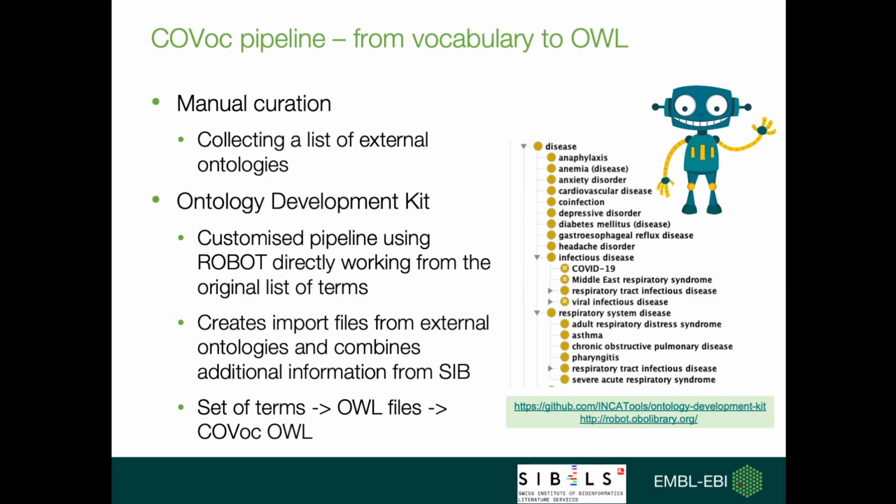The pipeline downloads the initial set of terms from designated links, extracts the needed terms into individual import files from each source ontology, and then merges this with our core COVoc file in order to maintain important information for our collaborators, such as the internal IDs that they use and any additional synonyms that are of use. This is also alongside novel terms created in the COVoc namespace. This allows for our collaborators to maintain and edit the ontology in a very user-friendly way, with all information in one place and a few simple commands in order to go from a set of terms to an OWL import file to a COVoc OWL file.